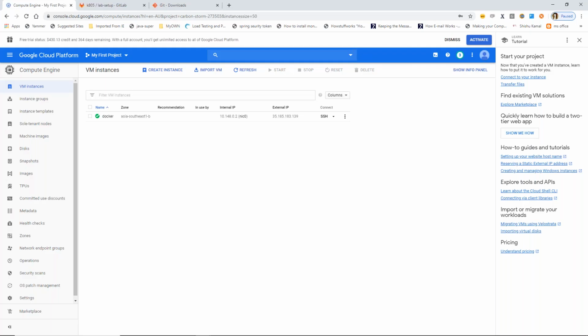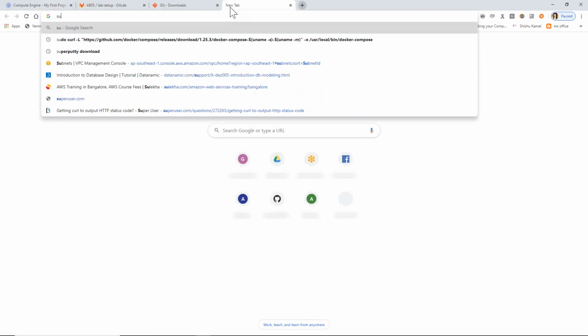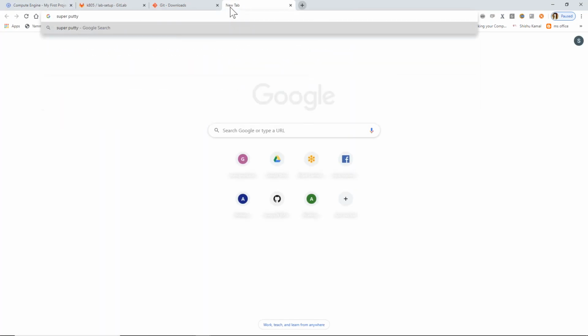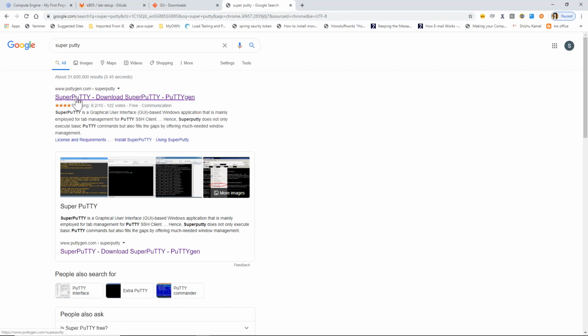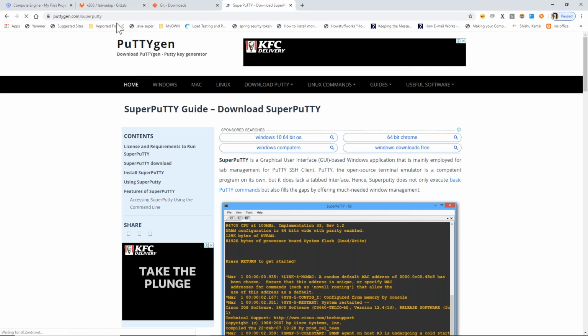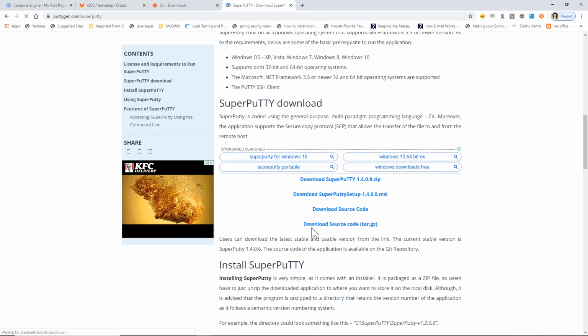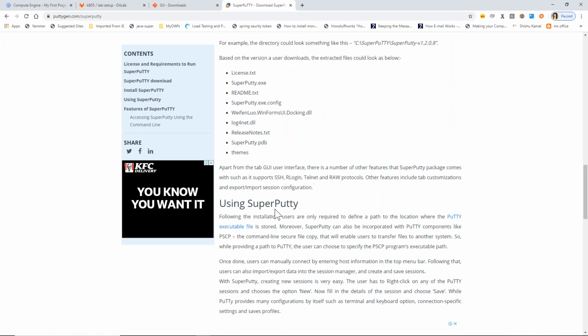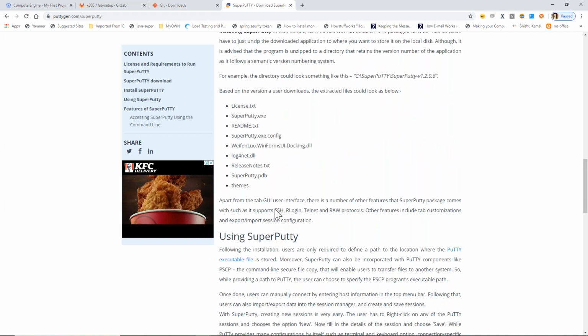So there is something called SuperPuTTY. In the background it uses PuTTY, but it will give you the feel of new tabs. Just download the SuperPuTTY exe file and install it.